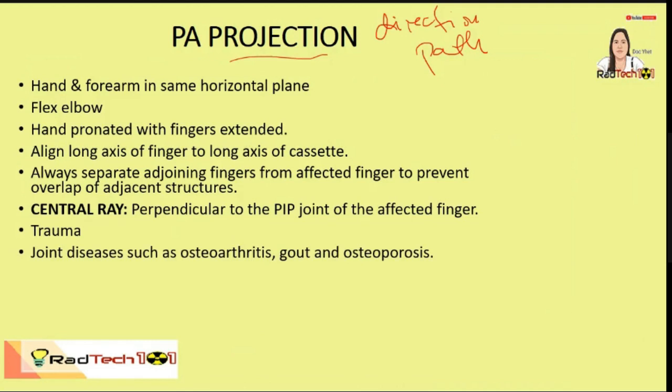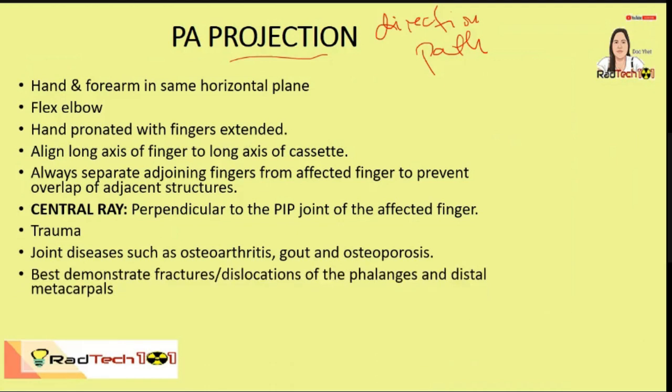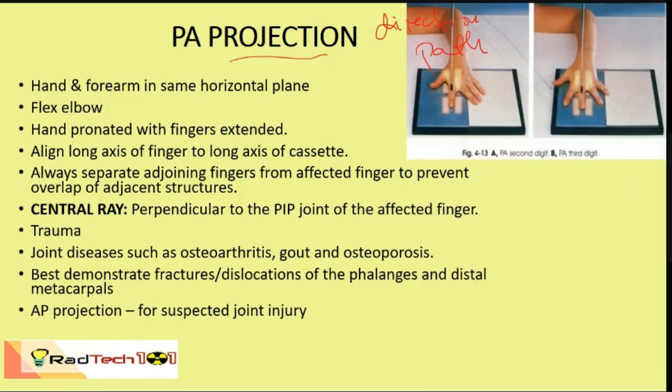So again, we are talking of the second to fifth digits. Align the long axis of finger to the long axis of the cassette. Always separate adjoining fingers from the affected finger to prevent overlapping of adjacent structures. So central ray,